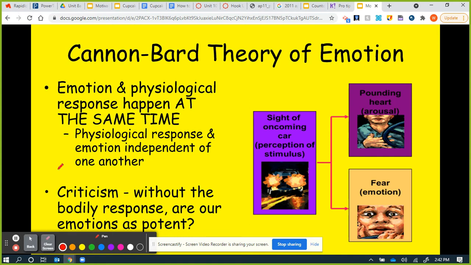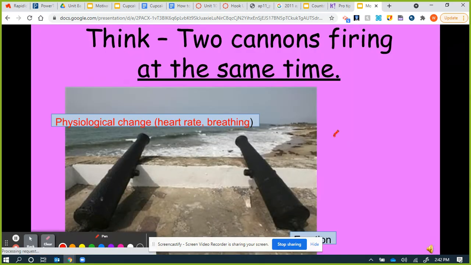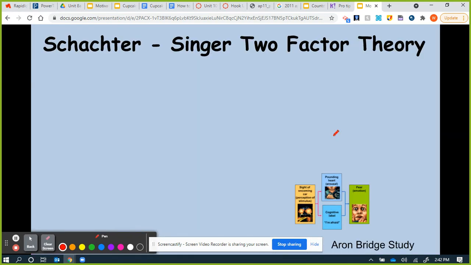Do we not label? The label comes later. The label is the next theory. All right, so you can think of two cannons firing at the same time. Now, the theory that is considered to be correct, at least in most cases, is what is called